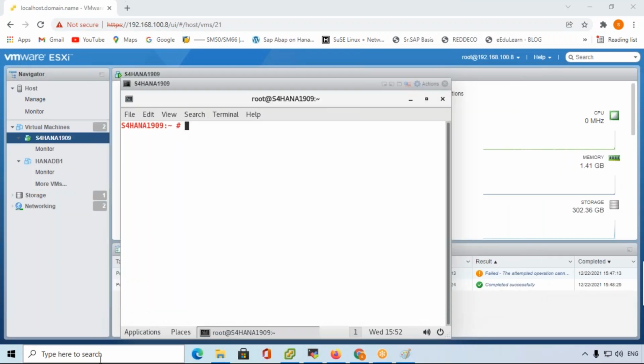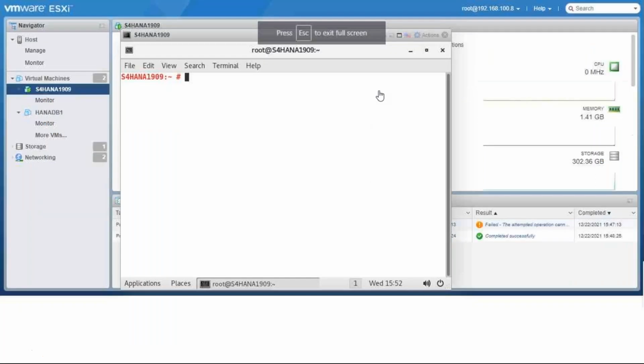This is Windows 10. If I want to check the IP address, just open the command prompt and enter the command ipconfig. But in the Linux system,